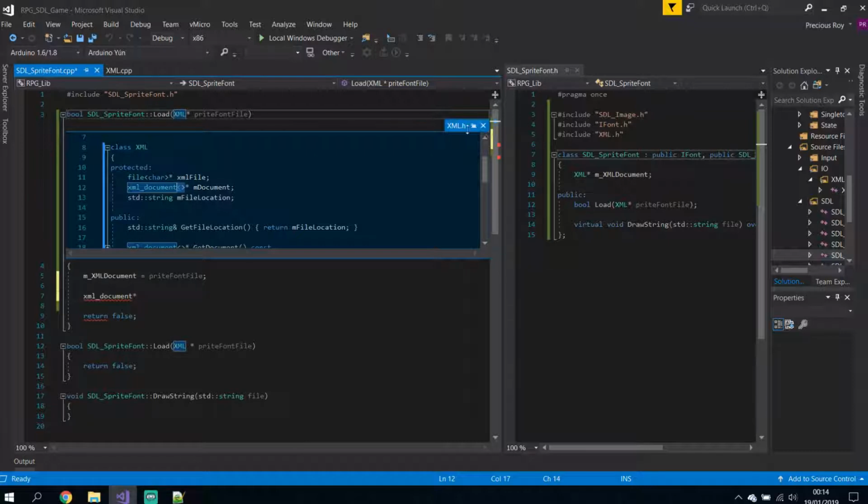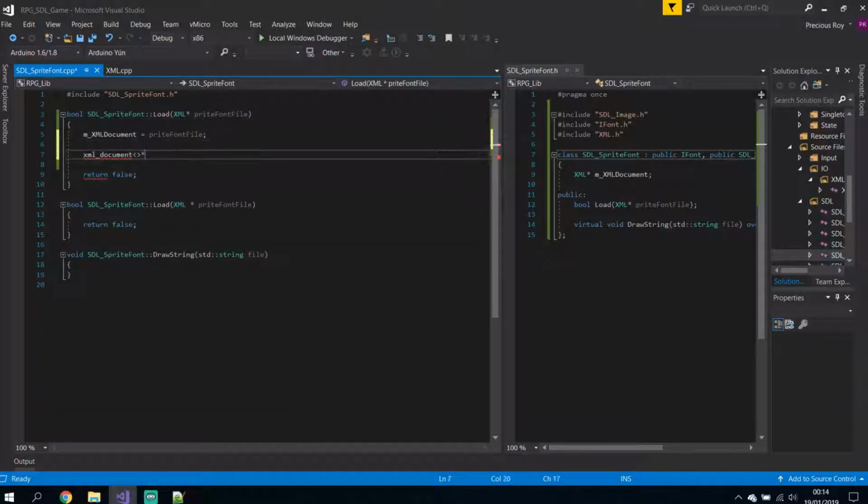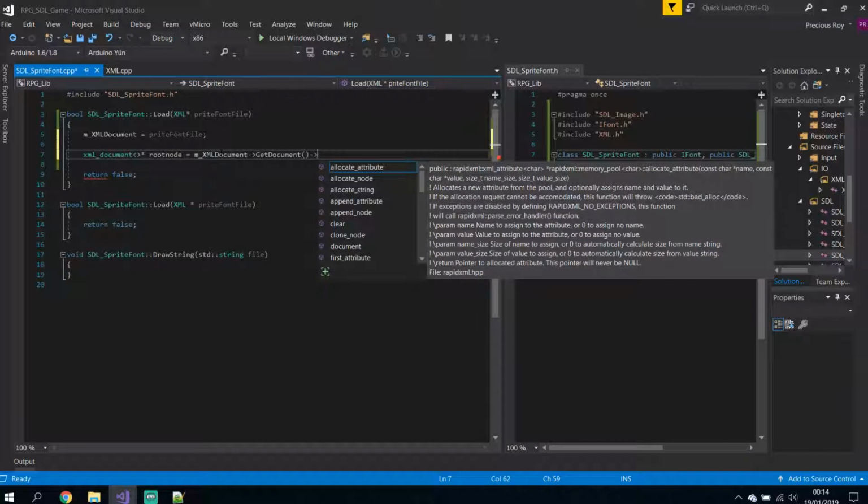Okay, so yeah. Equals get document, and we'll do,